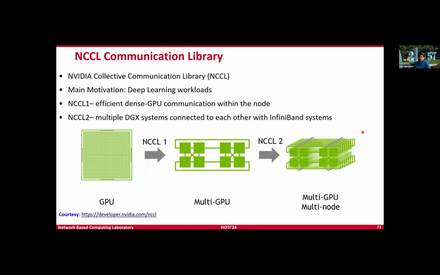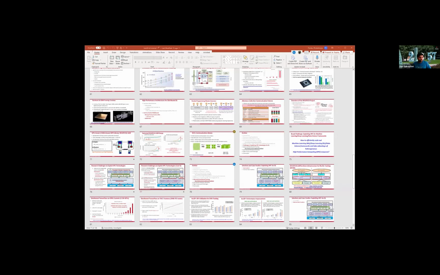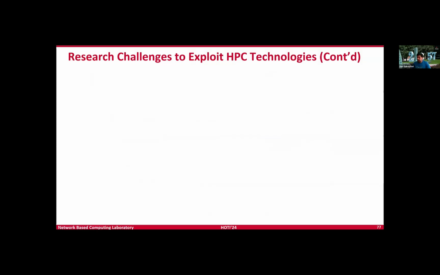So with that, we come to the end of this section, describing the latest trends in high-performance computing architectures. And I'll hand it over to Dr. Panda to describe the challenges in exploiting these architectures for deep learning. So while Dr. Panda shares the screen, are there any questions? Okay. If there are not, I think I'll hand over to Dr. Panda. Thank you. Yeah, yeah. You can see my screen, am I right?